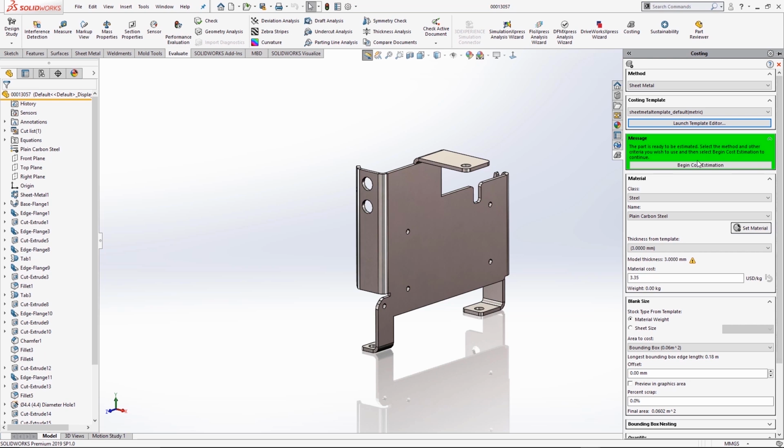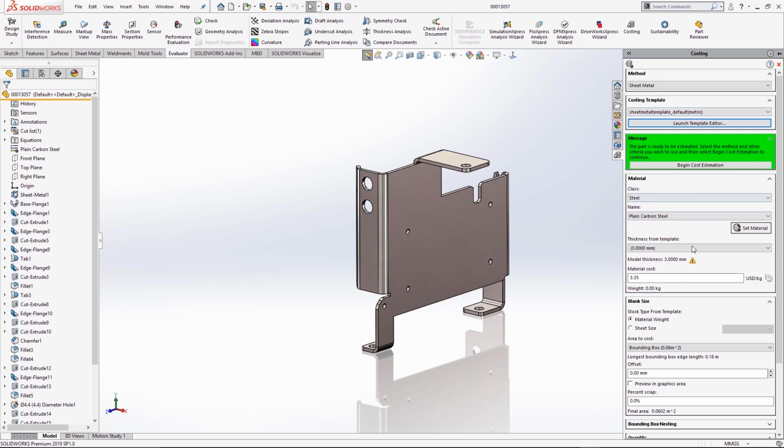The thing we need to do is to basically choose the right template. Now, the template is something that you would tweak yourselves to include things like material costs, also maybe your own costs that you might know for how much does it cost for a fold, or how much does your laser cost per 10 mil or whatever. So this is something that you can basically define yourself. It's fully editable. Just for the purpose of this, I'm just using the standard one that comes with SolidWorks. So forgive me, it is in US dollars. And I'm sure the material cost isn't quite right, but you'll get the idea.